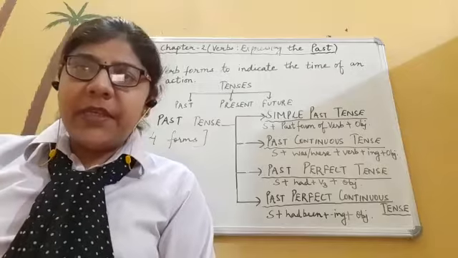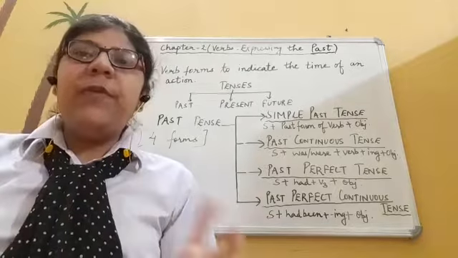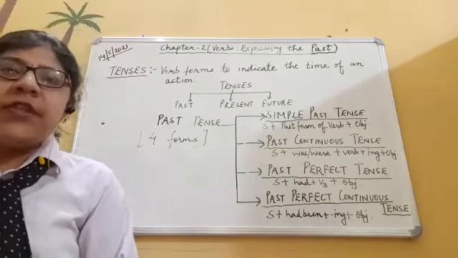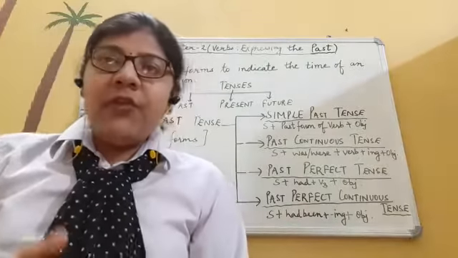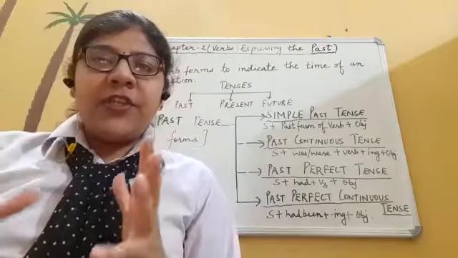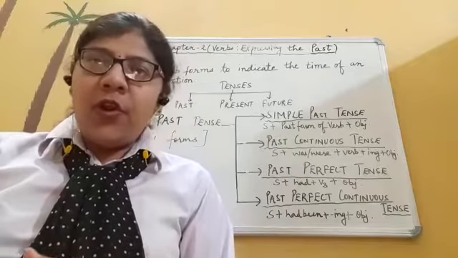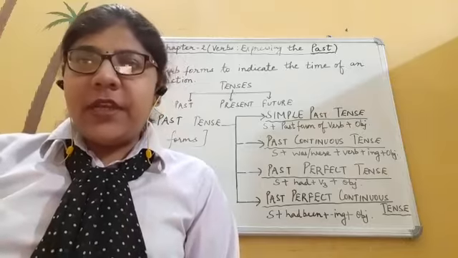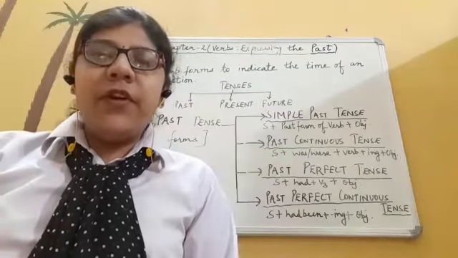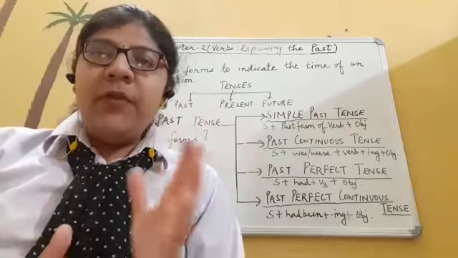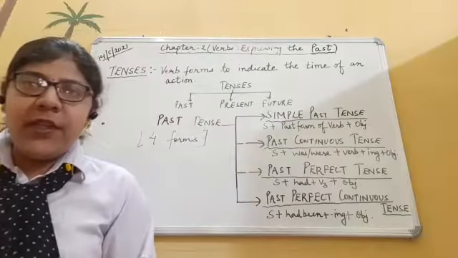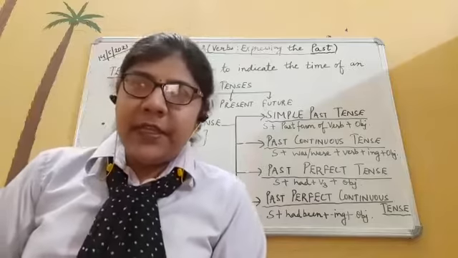Simple past tense means any action which took place in the past. Okay, like if I say, I watched that movie yesterday. Now you can see the action is watching the movie and it got over yesterday. So I said the sentence, I watched the movie yesterday. Now just focus on the verb watched. W-A-T-C-H-E-D, watched. Okay, so you can see carefully that the verb is ending in ED.